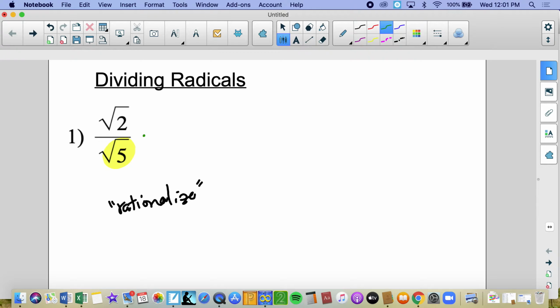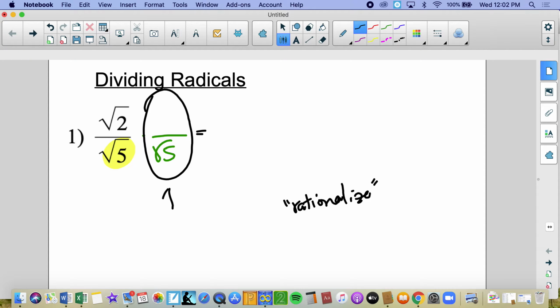Well, what's going to get rid of a rad 5? Another rad 5. And since we are making equal fractions, whatever we're multiplying it by needs to be a value of 1. We don't want to change its value, we just want to change its look, its facade. So in order to keep this as a value of 1, we have to multiply rad 5 over rad 5,